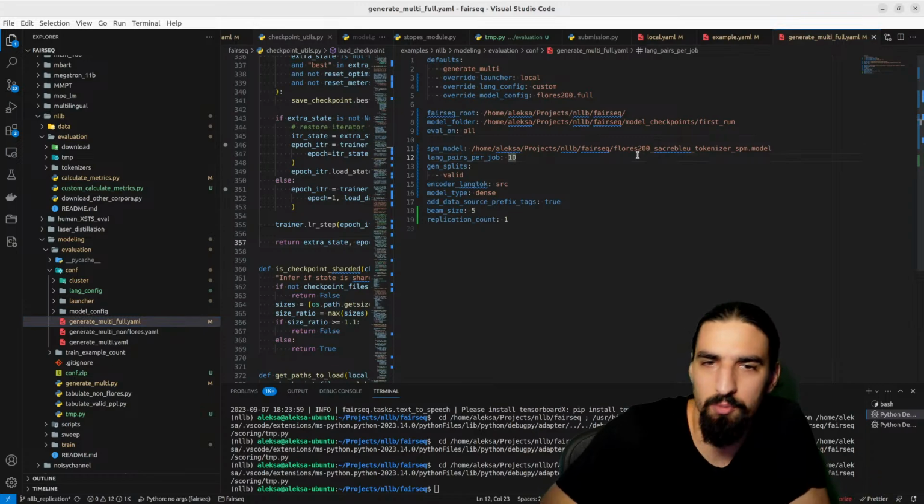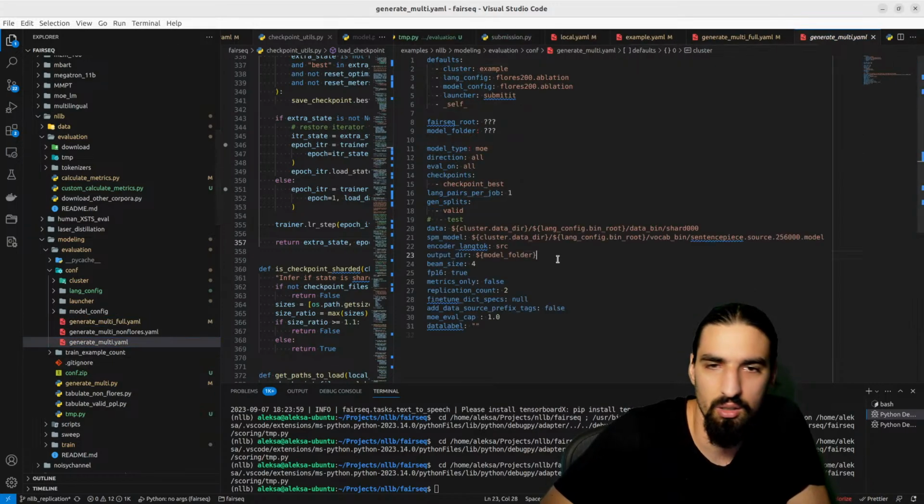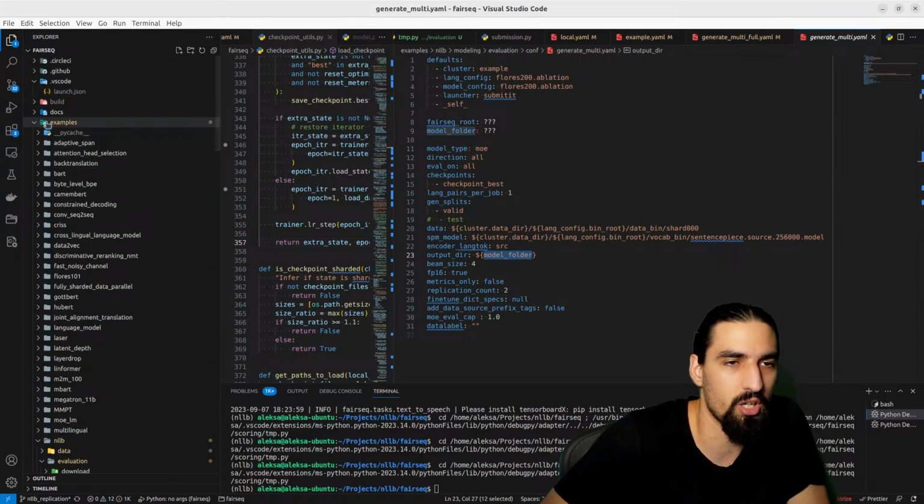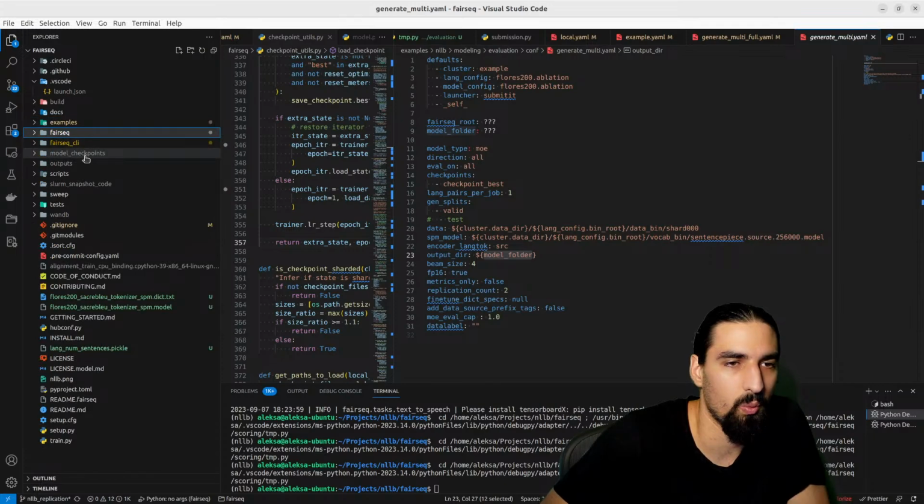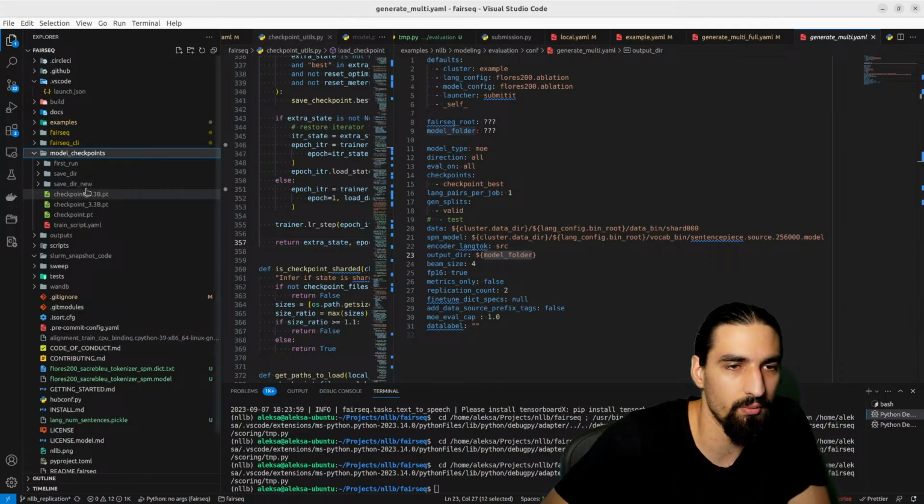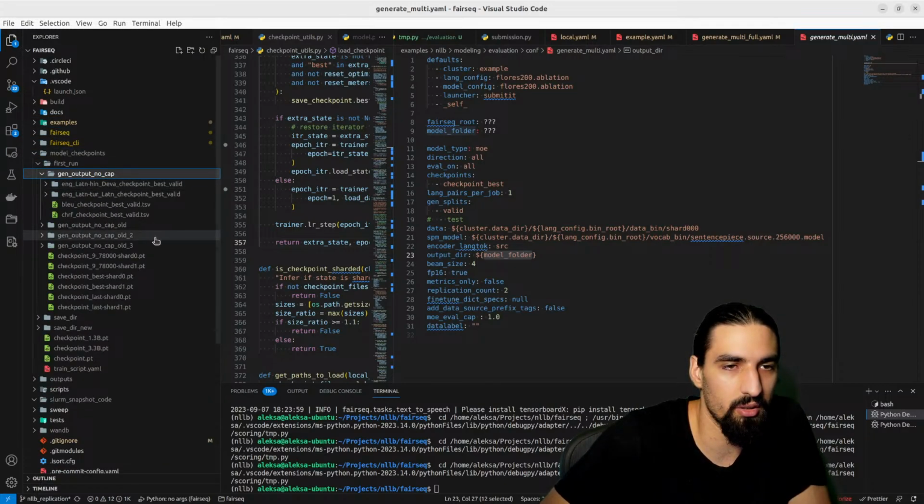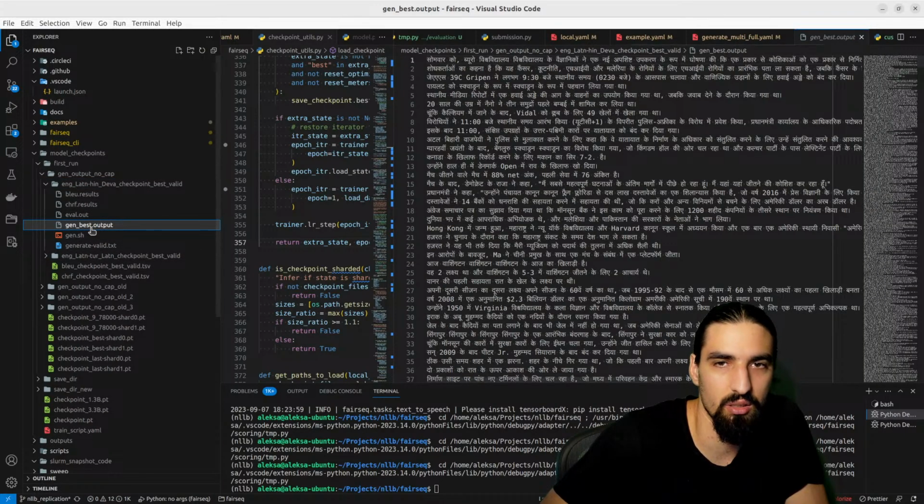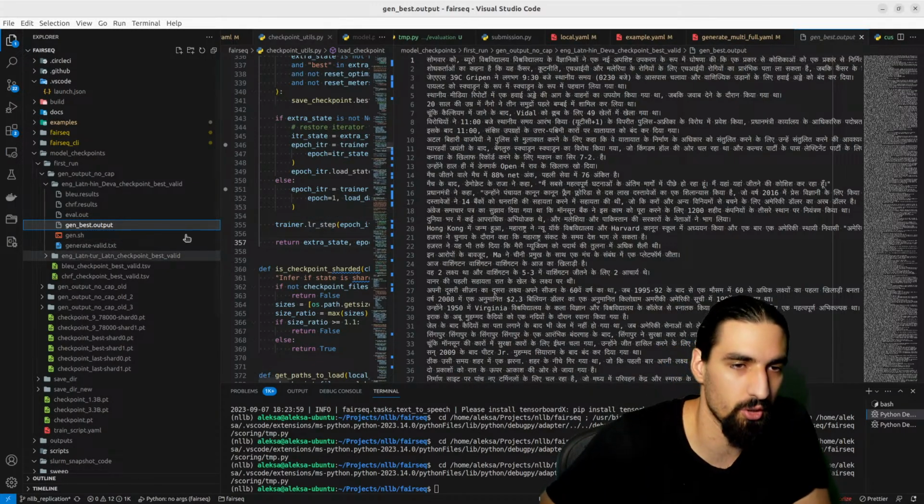Where do we specify output? Wait, I think it's in here, and then output directory, model directory. Okay, so where is the model checkpoints? Where did I lose you? Okay, here you are. Here, exactly. And then open up this one. Okay, so we don't care about results or this, we just care about this. Okay, so